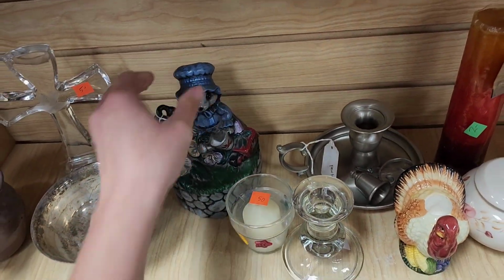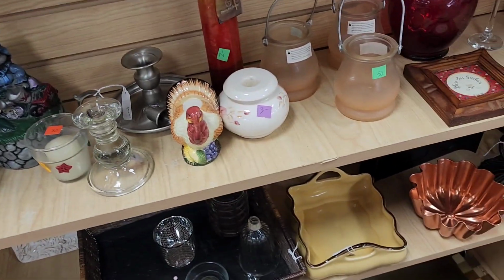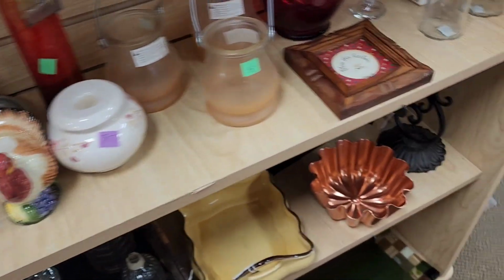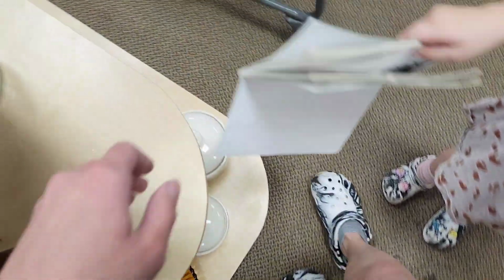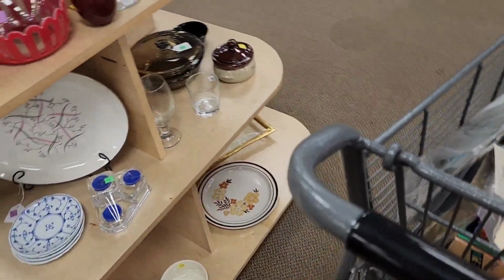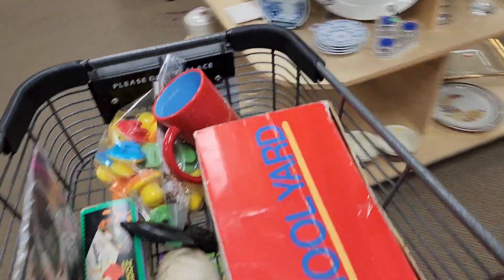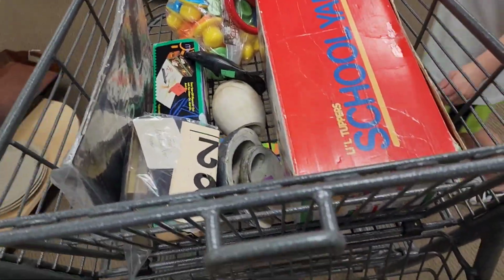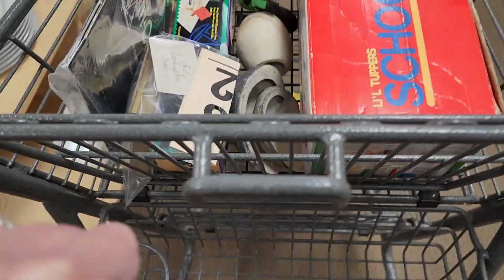That was a hobbyist piece. That's cute. Little candle holders, little baked dishes. I found some books, of course. I like that brown little baking dish down there. The one with the lid, the clear brown, but not for resale. I don't think those sell very well. I've looked them up in the past, but